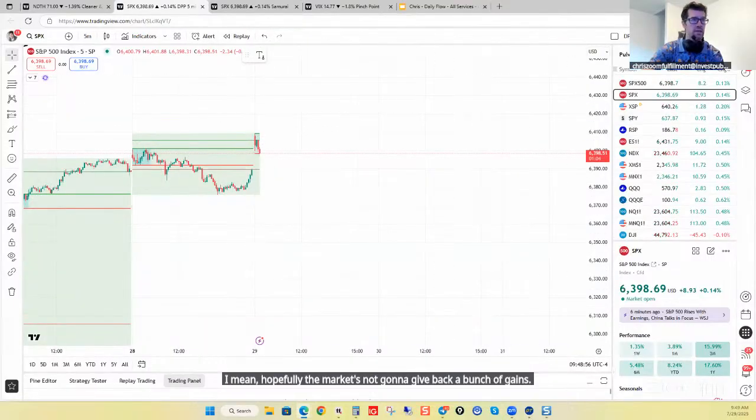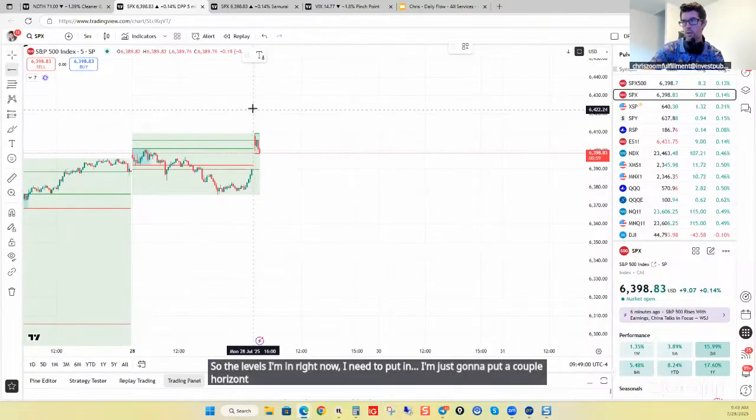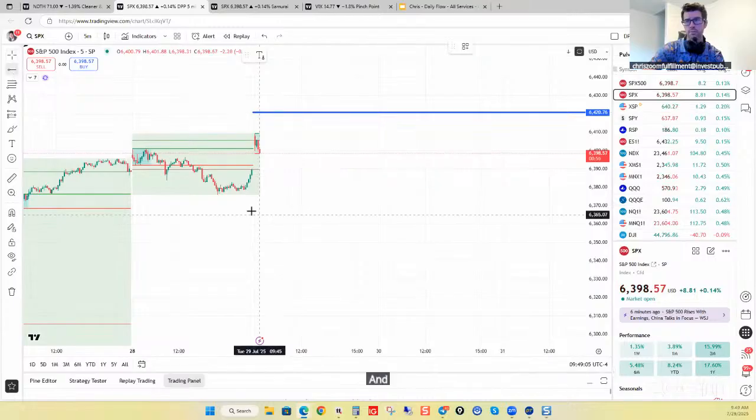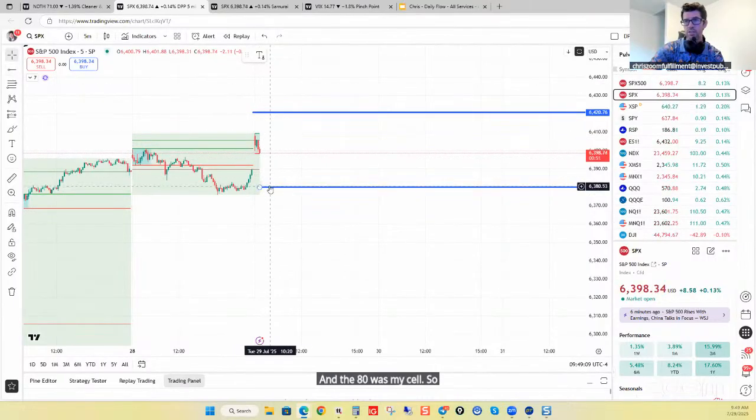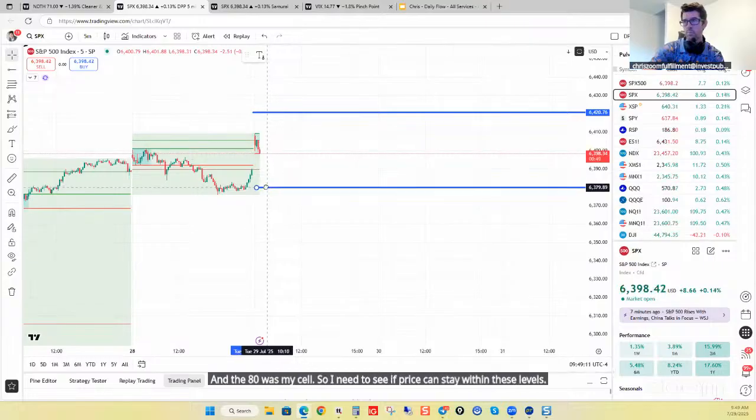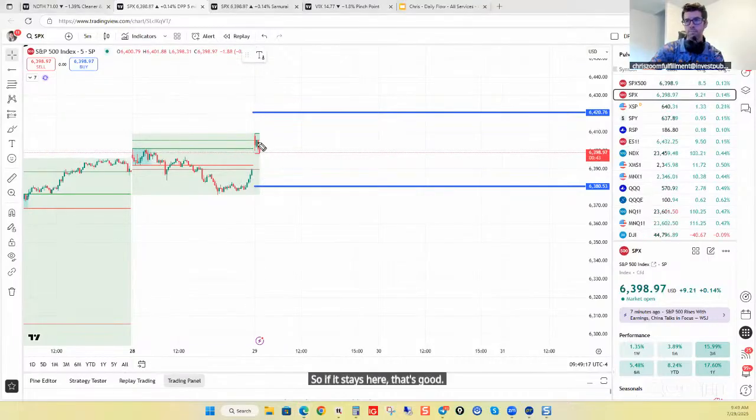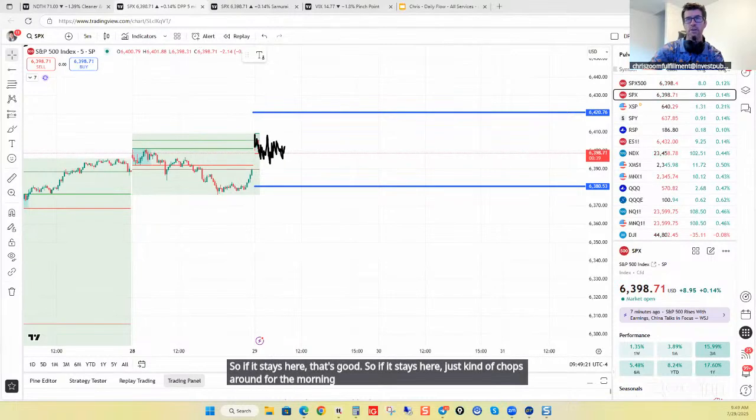So the levels I'm in right now, I'm just going to put a couple horizontal levels here. The 20 was my sell and the 80 was my sell. So I need to see if price can stay within these levels. If it stays here, that's good. If it just chops around for the morning, that's totally fine. The trade that I did take,